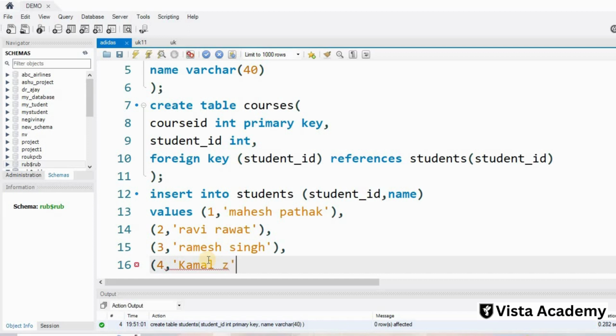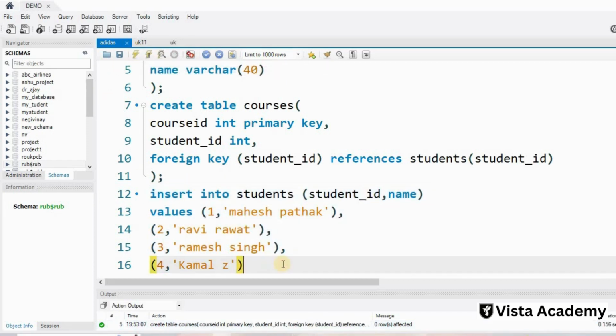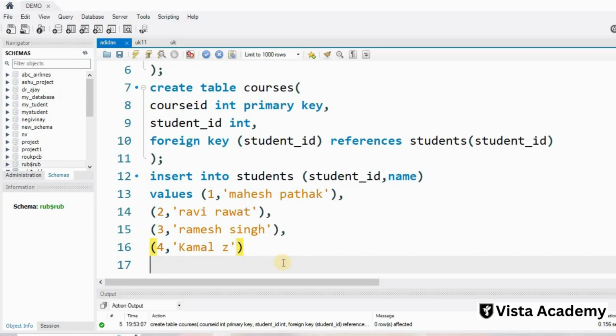Kamal Z, I will put some name there and just remove. Now I will run this. So now we have data in our first table. I will also insert in our second table, insert into,